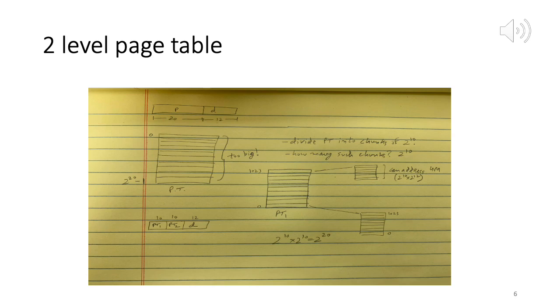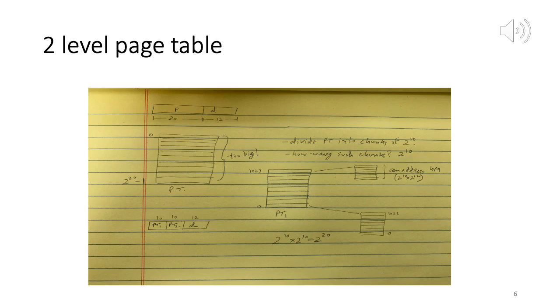Now the question is how will the address translation take place? We'll be given, let's say, a 32-bit address. From that, the first 10 bits will be PT1, which we extract. Note that for PT1 we have 1024 entries, therefore we need 10 bits. 10 bits are needed for accessing 1024 entries. That should be easy to figure out. So we extract the PT1 part using those highest order 10 bits, and we use that value to index into PT1.